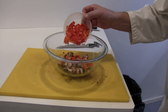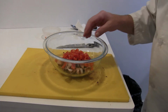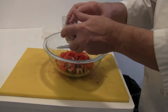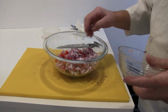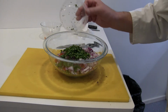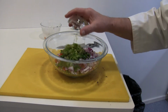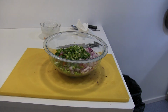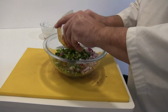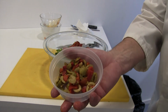My red pepper, red bell pepper. Make sure you don't use the web, because the web could be bitter. My onion, that wasn't the whole onion, but most of it anyway. My cilantro, diced serranos, sun-dried tomatoes, my Spanish olives,